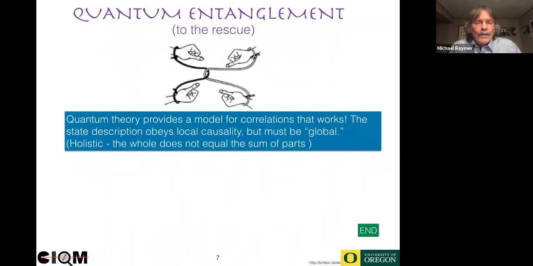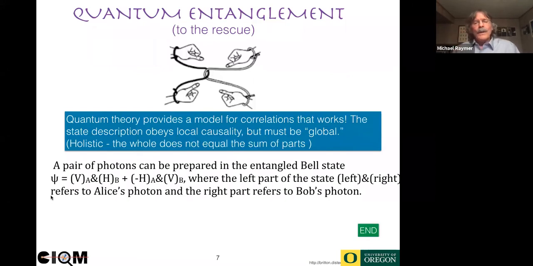So if you don't want that to be true, then you have to say, well, the correlations exist, but they're not caused by any causal effect. They're just built in to the way the universe is structured. And so some people like to call that holistic. The whole does not equal the sum of the parts. So I have this little picture here that if these two people are separated far apart, but they're still entangled by these strings, then even though they're far apart and they cannot communicate, their behavior might still be correlated. But of course, we know that correlation in quantum physics is very different than it would be in classical physics.